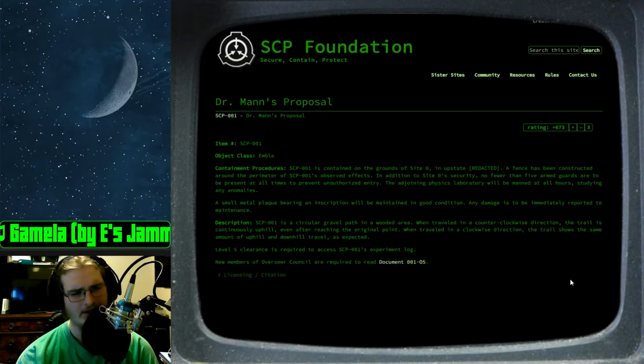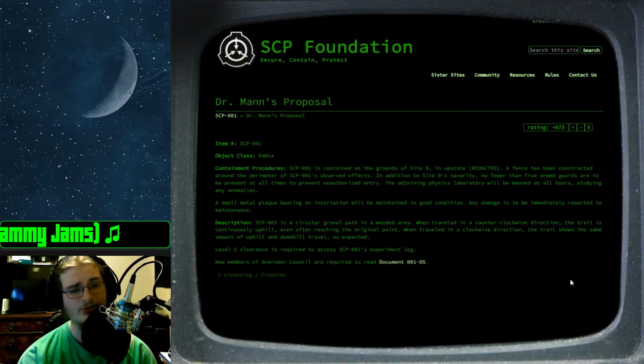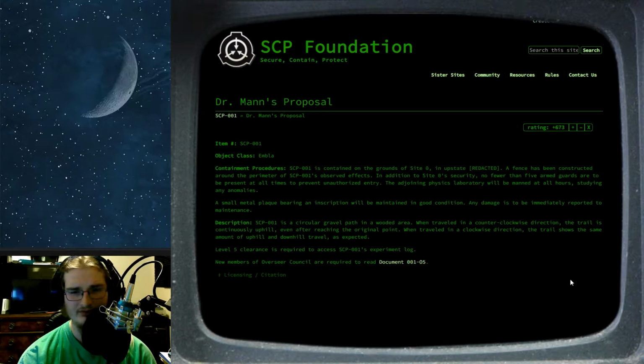I do not know. Description. SCP-001 is a circular gravel path in a wooded area. When traveled in a counterclockwise direction, the trail is continuously uphill, even after reaching the original point. When traveled in a clockwise direction, the trail shows the same amount of uphill and downhill travel, as expected. Level 5 clearance is required to access SCP-001's experiment log. New members of Overseer Council are required to read Document